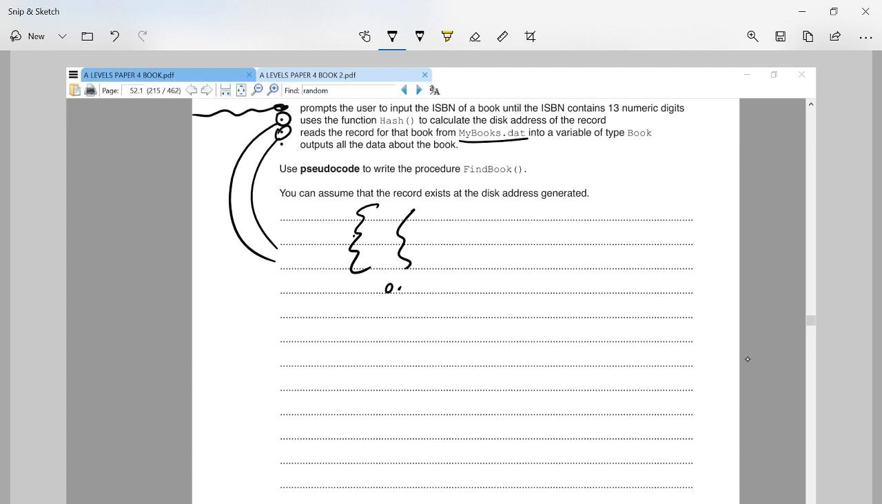So open file. The pseudocode to write the procedure. We're writing a procedure FindBook, and the name of the file is mybooks.dat. Okay. After opening this file, you can use the hash function